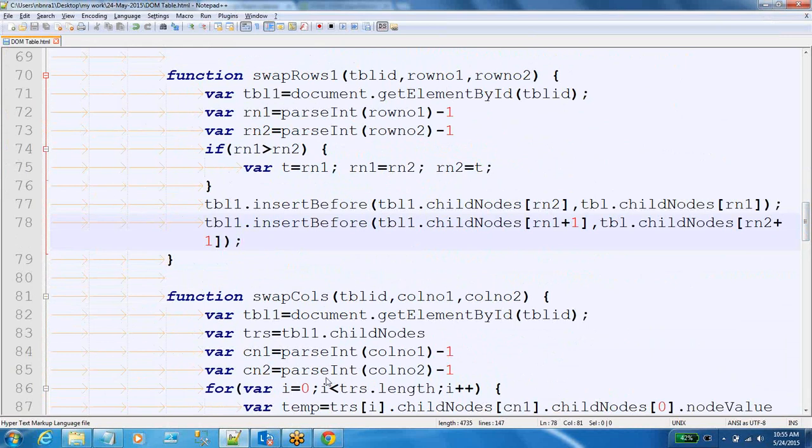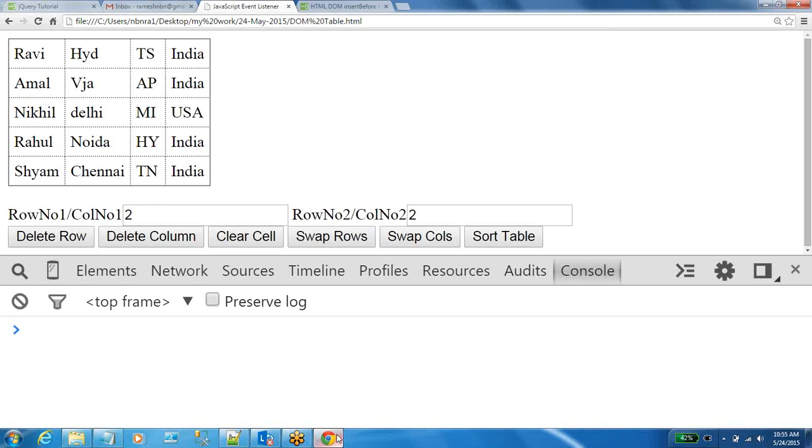Yesterday we have tried this already. If you want to insert before another one, you can insert something before another one. Single child, single child swap child, I could not get it. Sir, if you want to swap single child,